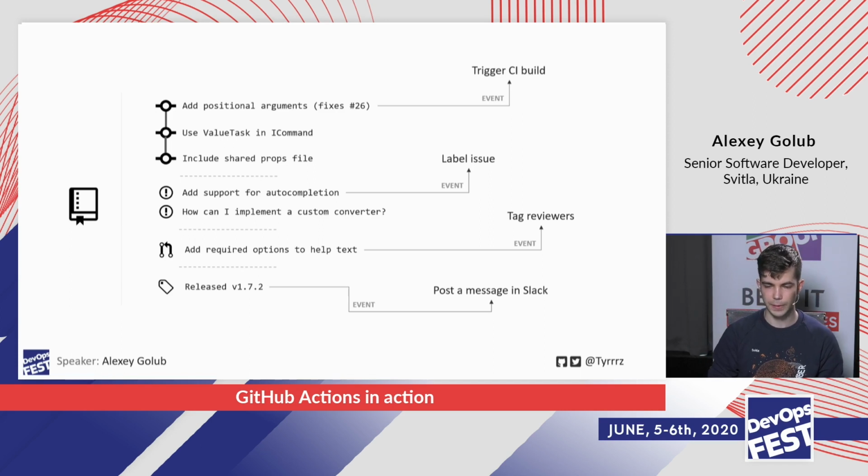So for example, for commits, we will have normally like CI builds. So whenever somebody pushes new commits, you will have a CI build running and checking whether it's valid. If you have somebody creating new issues, you might want to have a workflow that analyzes the content of that issue and labels those automatically. So for example, if it has a word bug in it or something like that, you can just label it as bug automatically. Maybe something like that for pull requests so that you can tag reviewers automatically. And for example, when you make a new release, you can just post a message on Slack via a webhook or something like that. So those are all events, and it makes sense to have some kind of integration based off of those events.